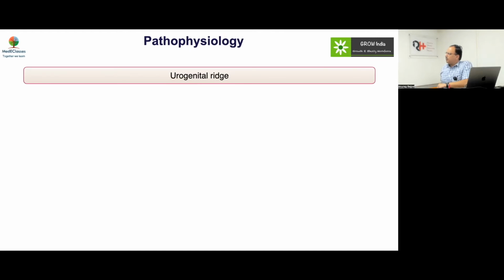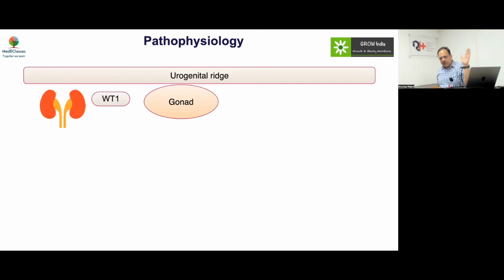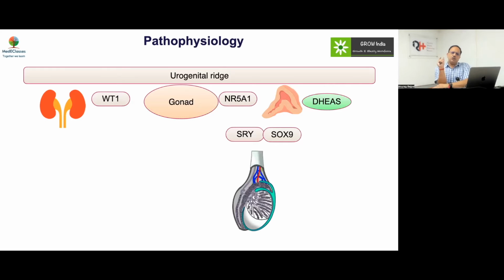The development happens from the urogenital ridge, from which you have the gonads, along with the development of the kidneys using WT1 and the adrenals using NR5A1. And you have the adrenal, which produces the androgens, making it very important from the perspective of XX-DSD, or acts of commission. From this, you have the bipotential gonad, which develops under the influence of SRY and SOX9